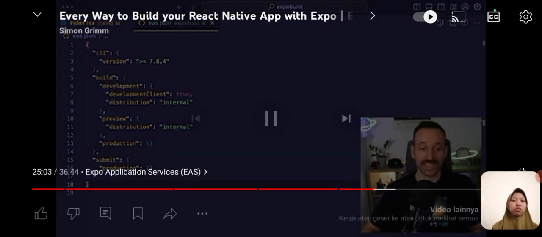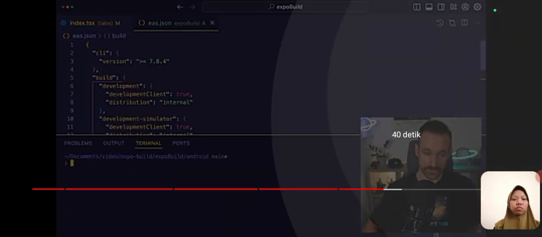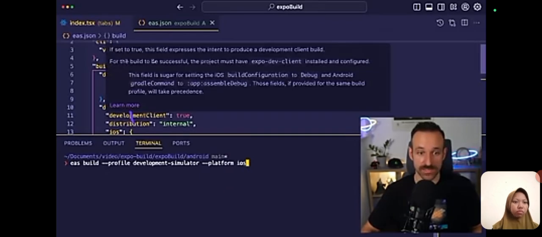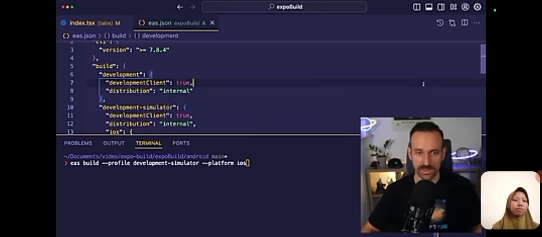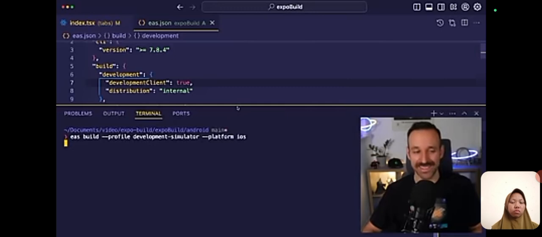If you now want to build for iOS, let's talk about this. Okay, EAS build --profile, the profile we just added, go away, go away. So development simulator is the name right here of my profile. And then platform iOS is, well, the platform iOS. All right, I can hit enter. And what happens next is that this would be built in the cloud on the Expo servers. And because I'm on a free plan, I usually get like in a lower tier. I do have some free builds per month that I can use,